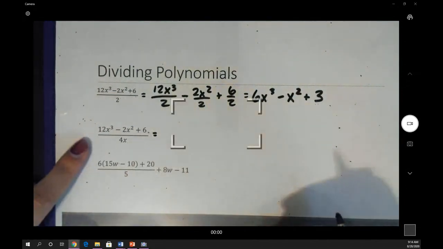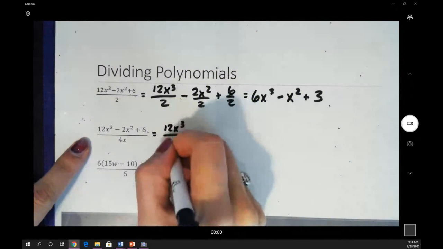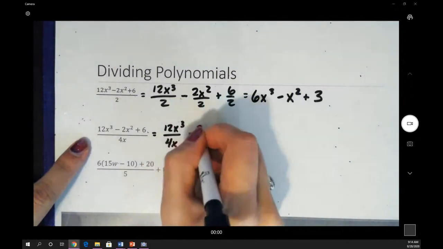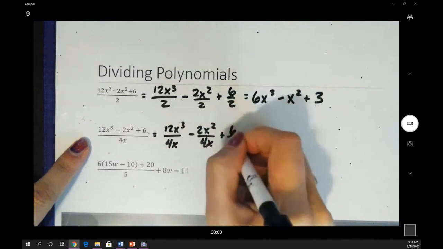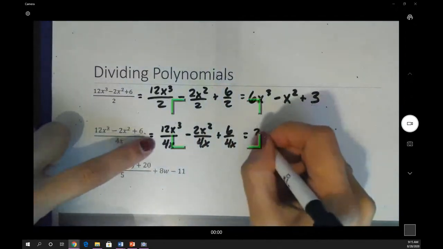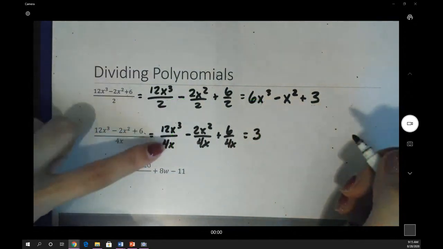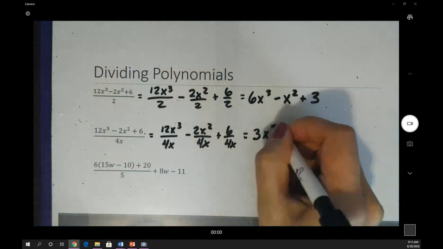I'm going to do the same thing for the second one. We have 12x cubed over 4x minus 2x squared over 4x plus 6 over 4x. So 12 over 4 reduces to 3, x cubed over x. One of the factors of x divides out, so we're still left with an x squared,